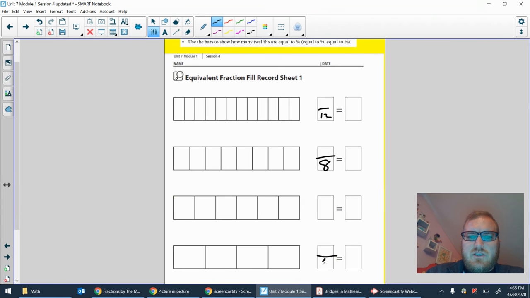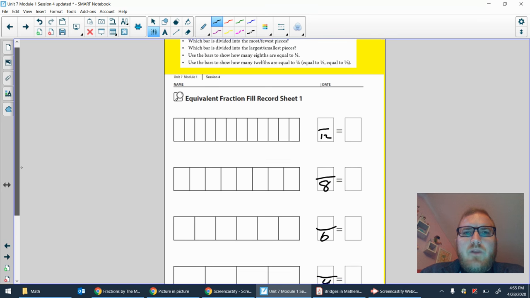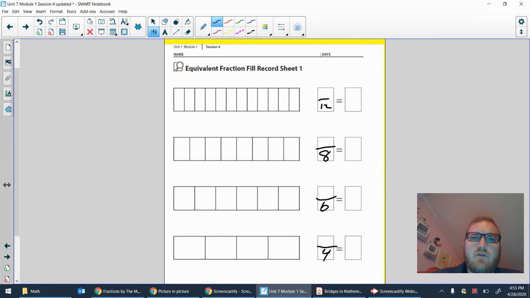There's 4 sections in each. Remember, you're looking for the sections, not the lines. So there's 1, 2, 3, 4 areas in the box there, or on the bar. Okay. And then just to save us some time later, once again, if we look at this one, we have 6 sections. So now we want to figure out how many eighths are equal to 1/4. So if we came down to our fourths bar and we filled in only one of those sections,